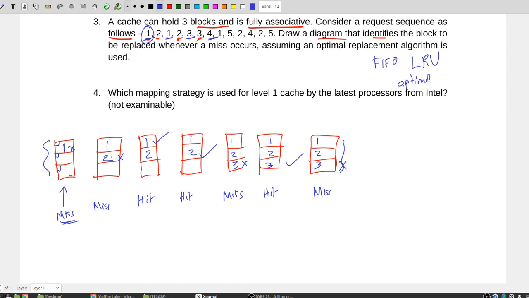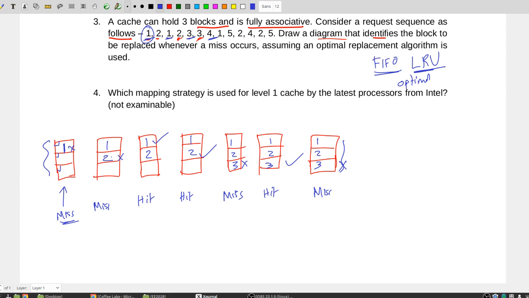In first in, first out, the very first block or the oldest block in the cache is a candidate to be replaced in FIFO. Least recently used, the block which was not used for the longest period of time is the one to be kicked out. So even if it came to the cache much earlier, if it was recently used, it will still be kept.